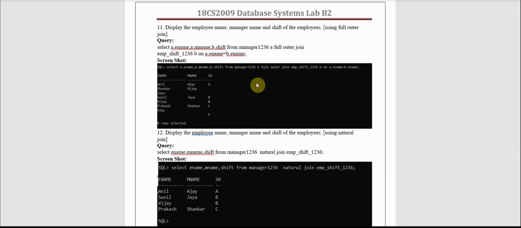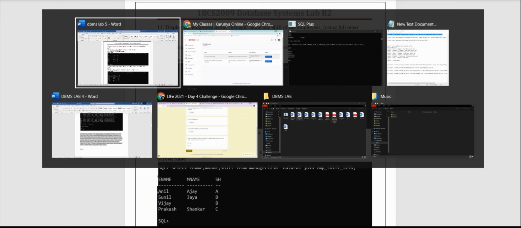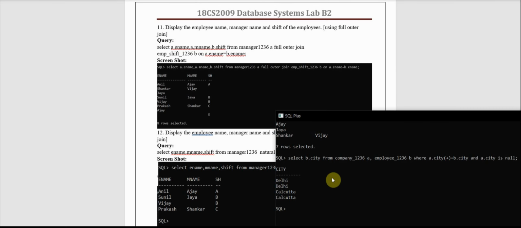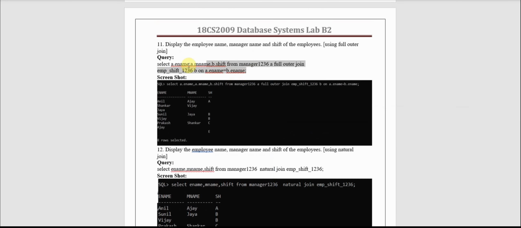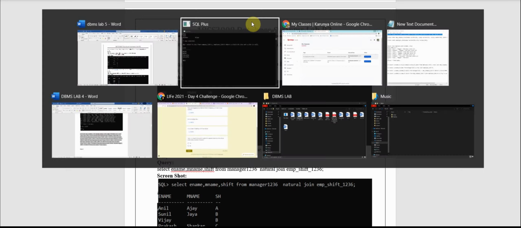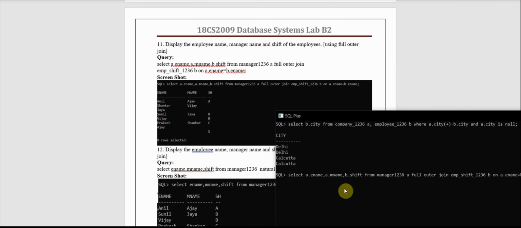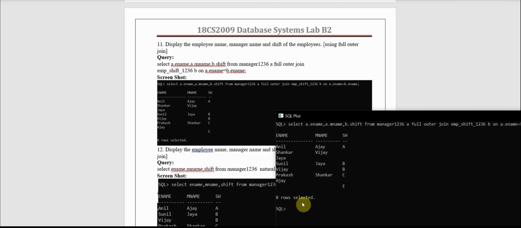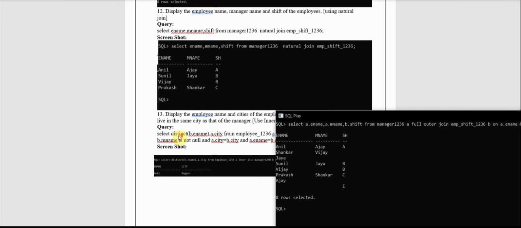Continue. Yeah, so we are talking about this full outer join. Okay, company B name selected. So the full outer join is not yet finished. So we'll copy the full outer join and I will explain what a full outer join is. So you can see here the full outer join, 8 rows are selected. The same way, 8 rows are selected here. So now let's go for the next one.